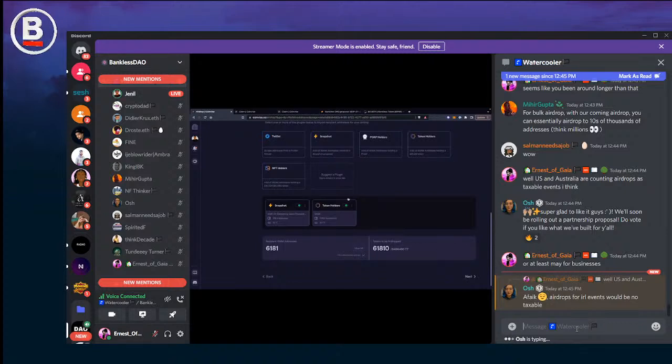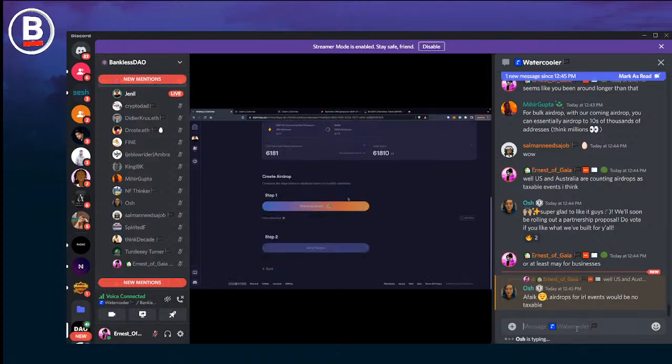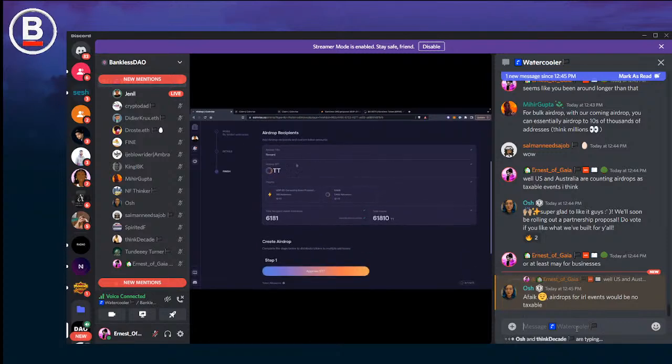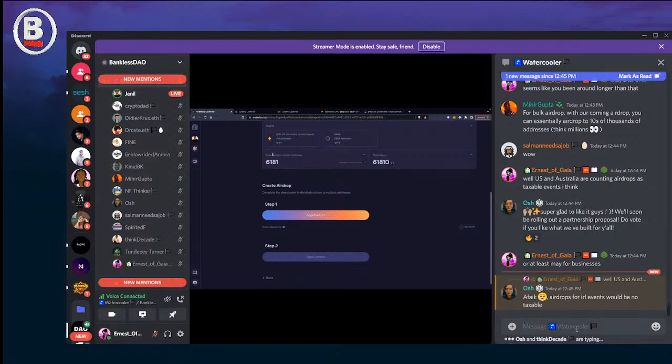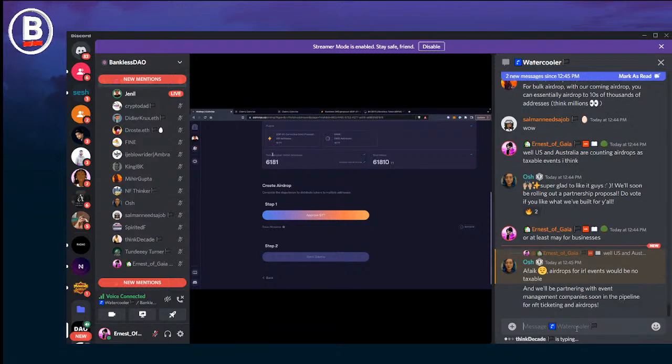So you click next, and then you would be able to finish the airdrop. You can see a summary of what you're doing for the airdrop, and then you can approve it and send tokens. This would directly send the tokens or Ether to all the people over here, to 6,000 people. I don't want to spam these wallets, so I won't execute this, but you guys get the idea of how this works. This is typically useful for compensation as well as rewards.